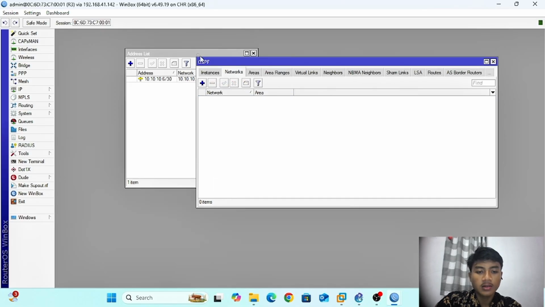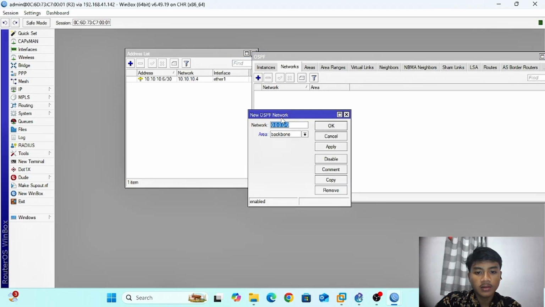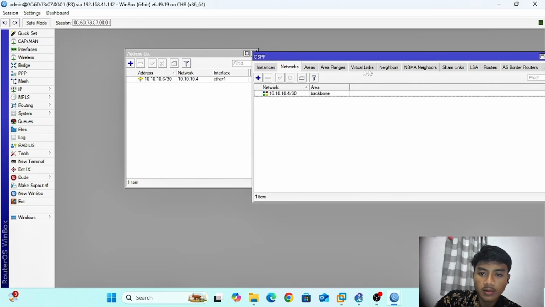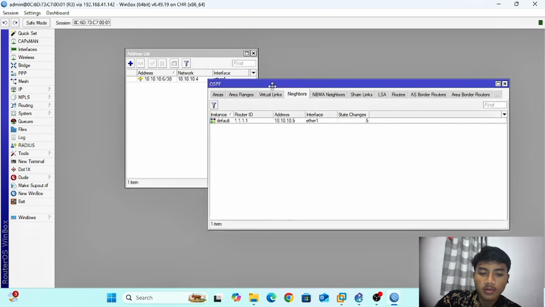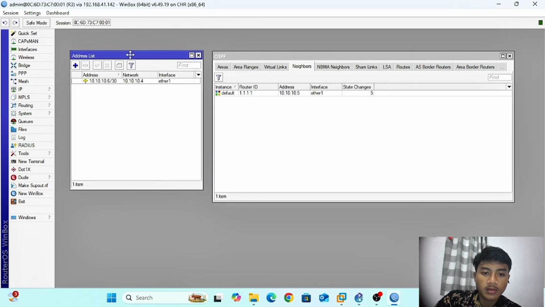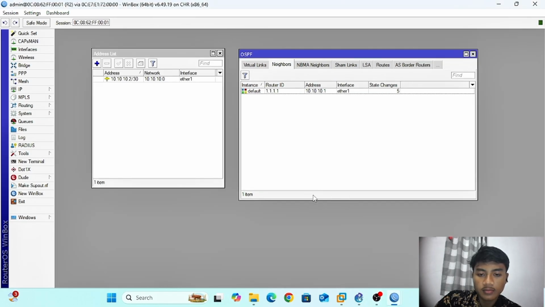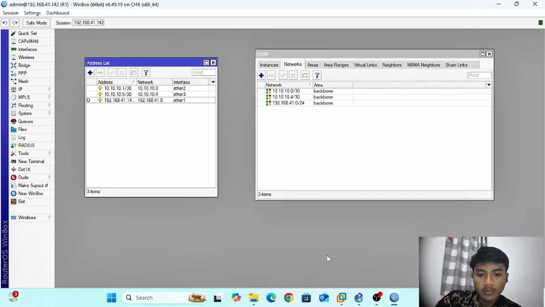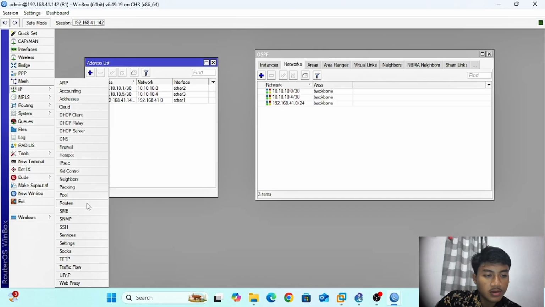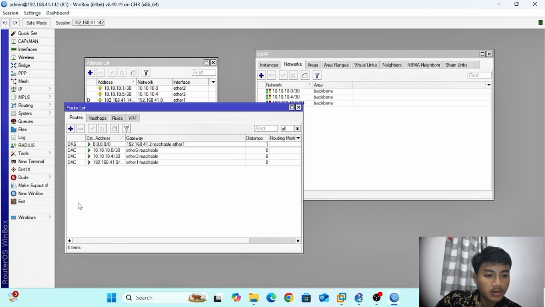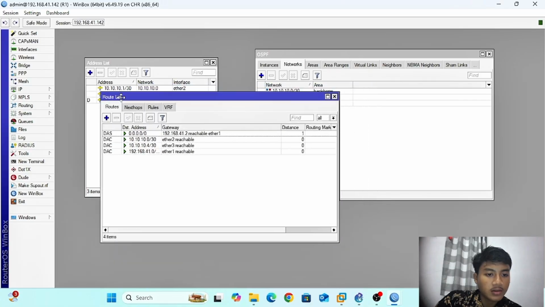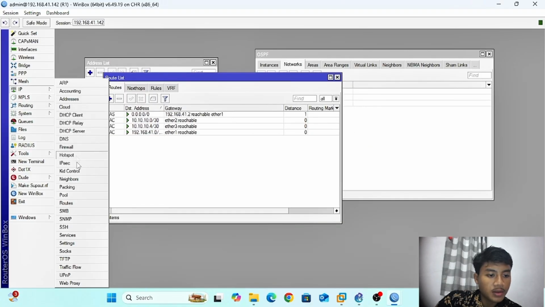I will enter IP network 10.10.10.4/30, apply, network, and I will monitor at IP route.